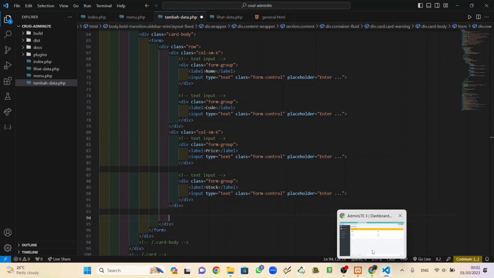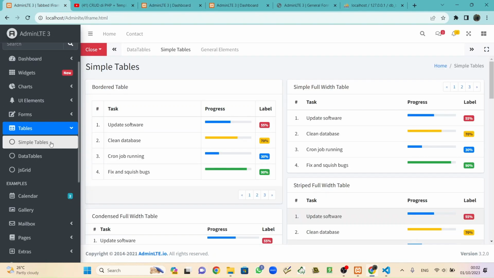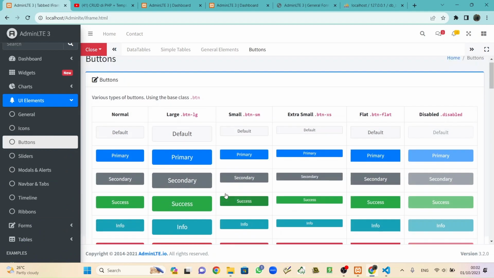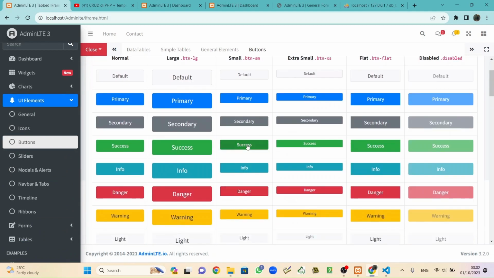Okay, and for the submit, what we will take is this add UI element button, this or maybe this. Okay, just this success. Okay, success, right?